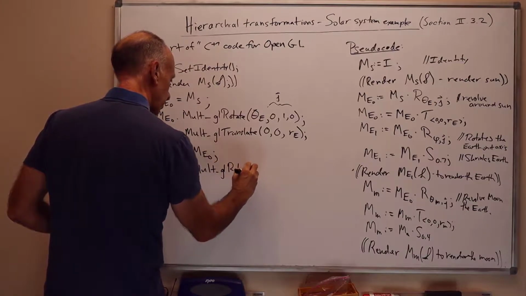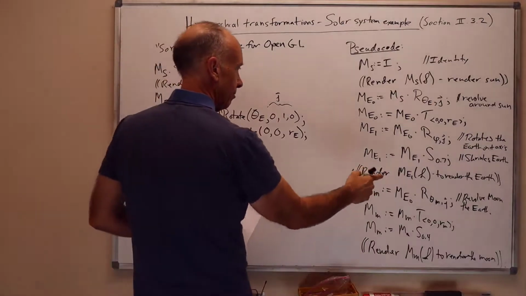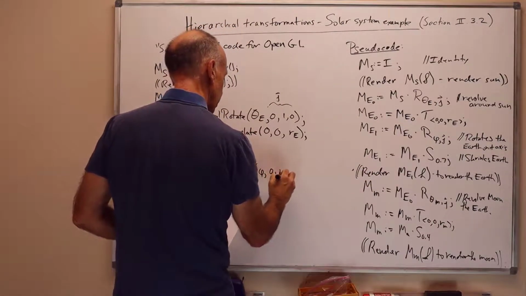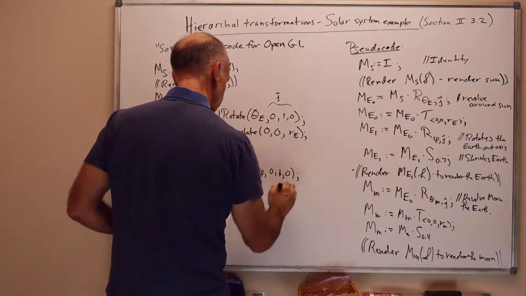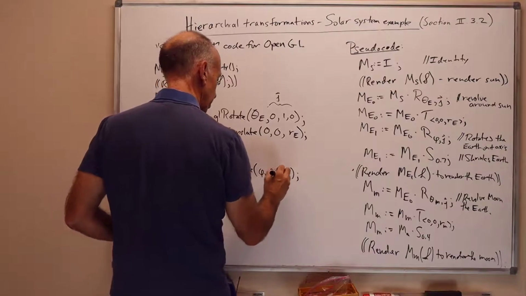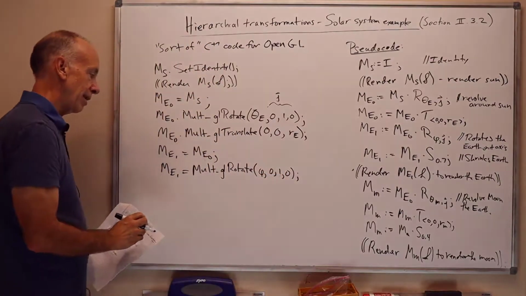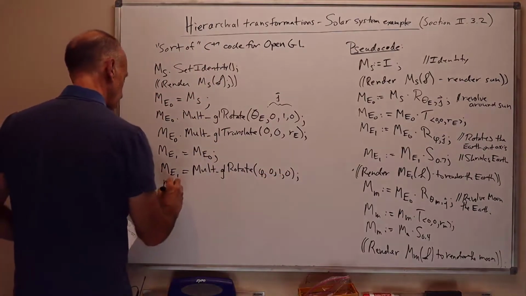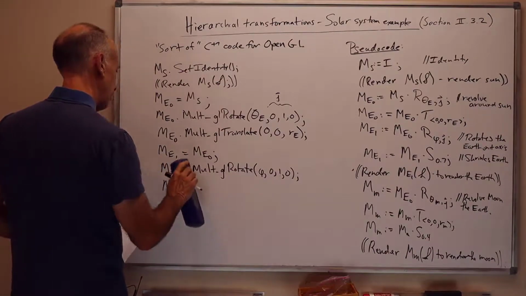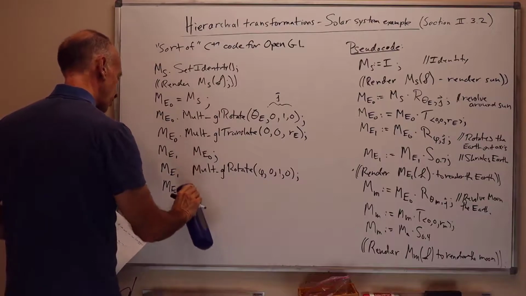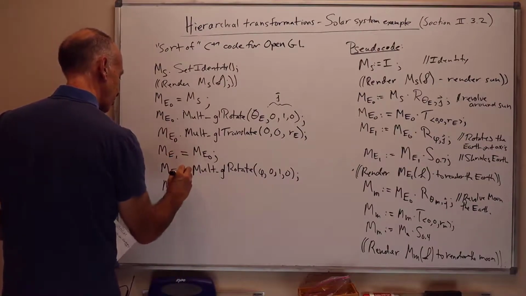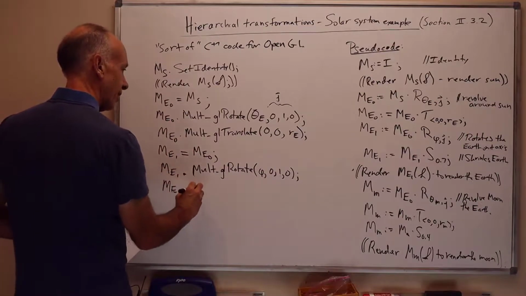GL rotate. Now we're on this line here, phi, 0, 1, 0. So again, we're rotating around the y-axis. The rotation axis is 0, 1, 0. And we're rotating by angle phi. And then M E1 is, whoops, there are too many equal signs here. These should have been dots. I'm sorry about this. This should have been a dot. So now M E1 dot